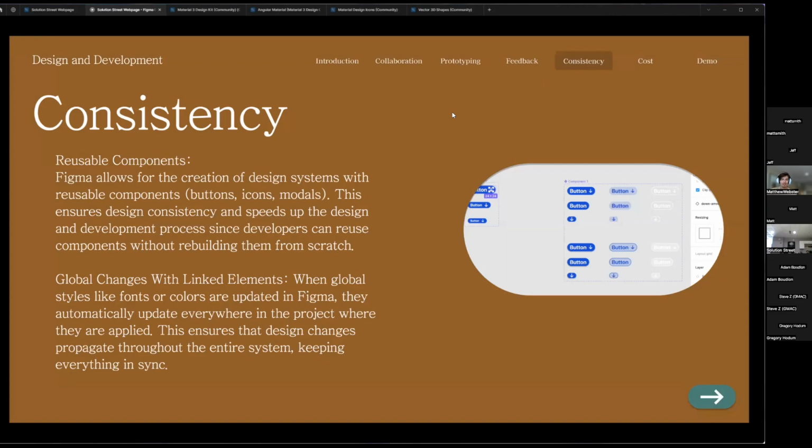So as you can imagine, that would improve consistency. So Figma allows for the creation of design systems with reusable components. This can include buttons, icons, modals, pop-ups, pages, anything that you could really imagine could be componentized. This ensures design consistency and speeds up the design and development process, since developers can reuse those components without rebuilding